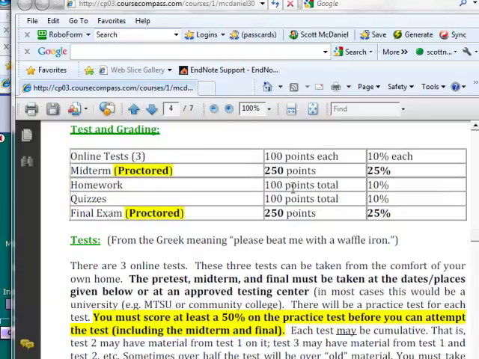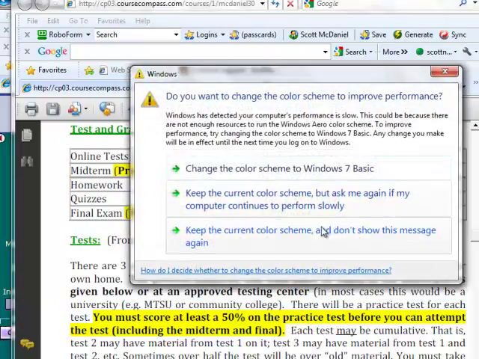Homework is worth a test grade, worth 100 points, 10% of your grade. The online quizzes are 10%, and then the proctored finals, 2 proctored tests. I recommend